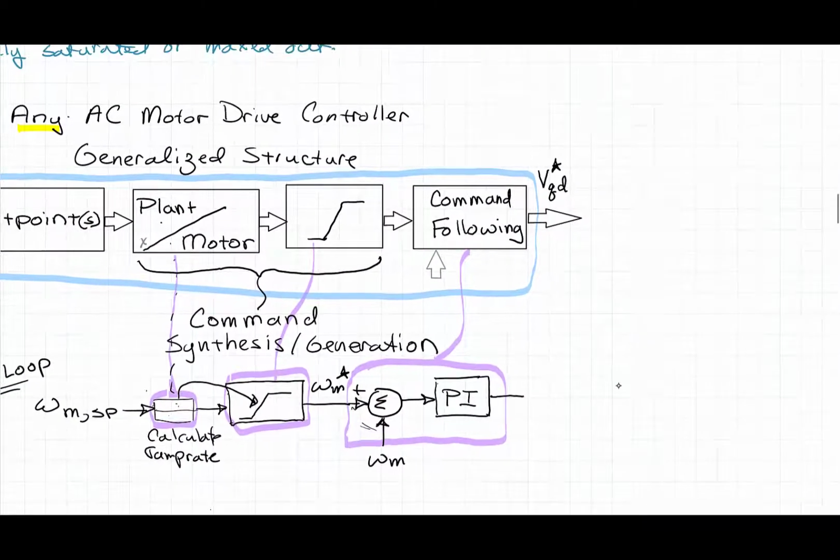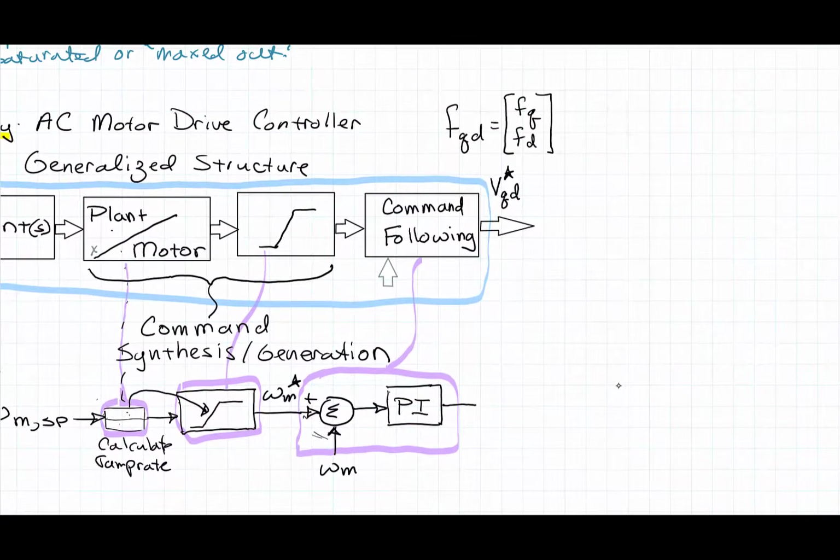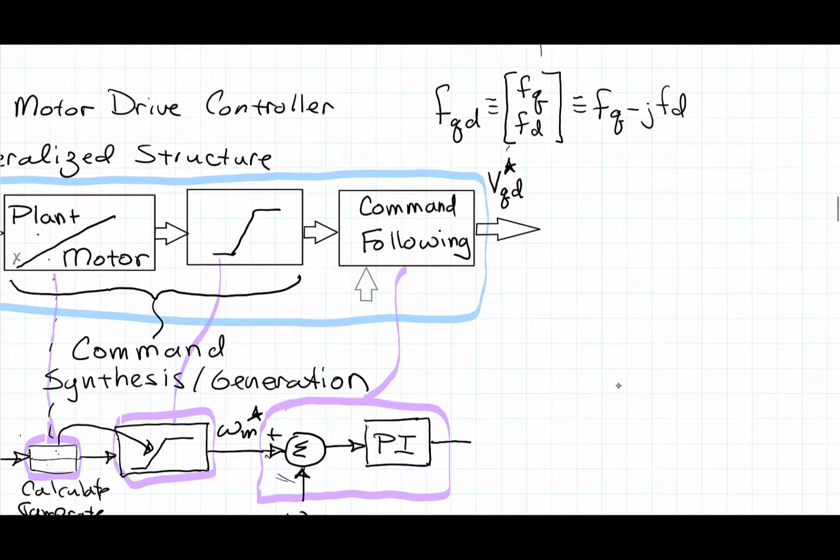And to clarify what we mean there is anything where I have, in general, any variable, I'll call it FQD, is FQ FD if we're showing it in matrix form. And then we're going to show later on that we can show this same thing in a vector form where we could say VQ minus jVD. So it could be any one of these two representations depending on how we're mathematically looking at this motor drive